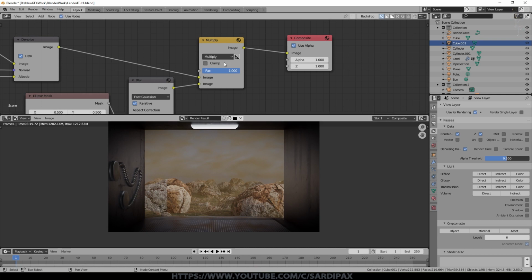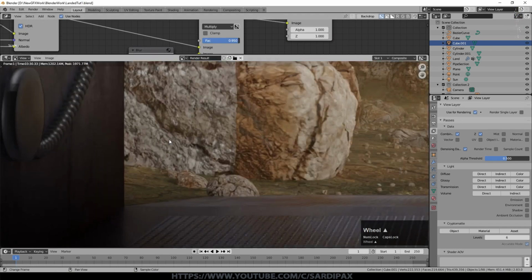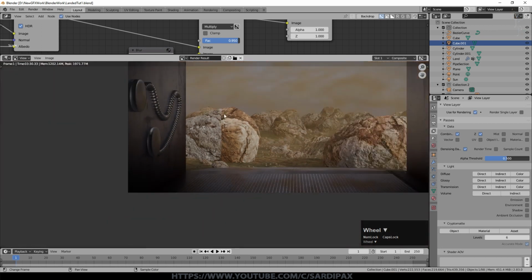And I backed it off a little bit to 0.95, so that it is not quite as dark as that, a bit over the top. But if you look through the images of most cameras, you will see a certain amount of vignetting. There's less light at the edges of the scene than in the middle. So we're about ready to give that another render and see how that looks. So there's the render with the smart denoising, and you can see that's really smooth and good looking.